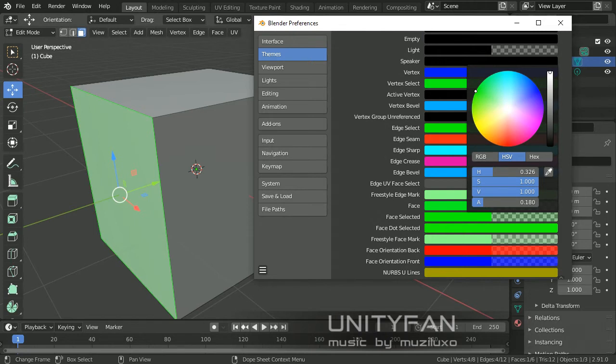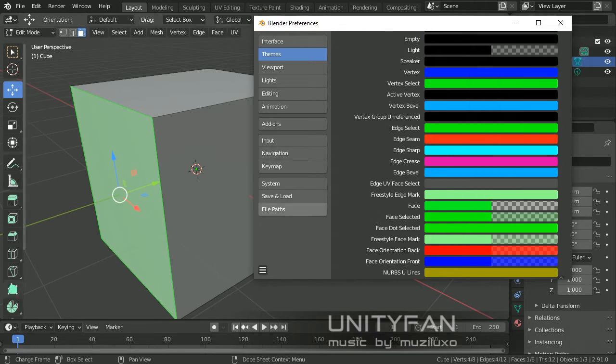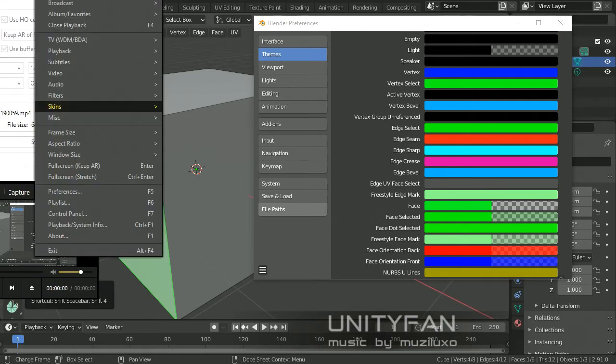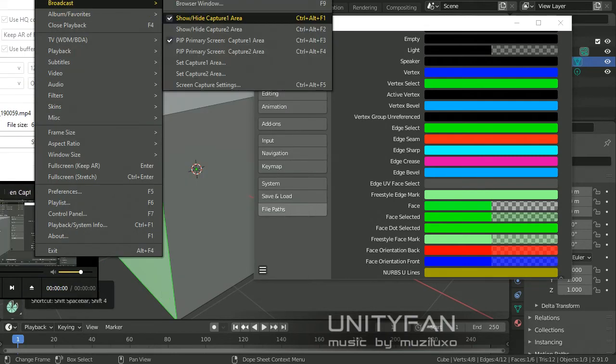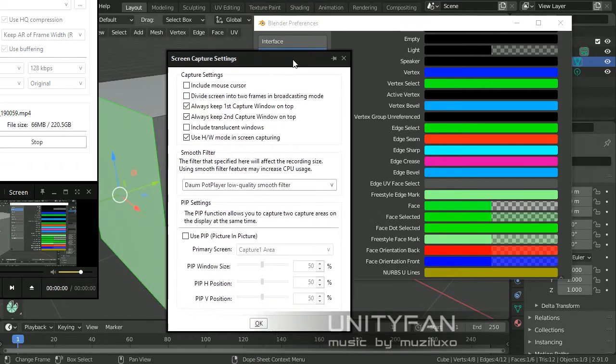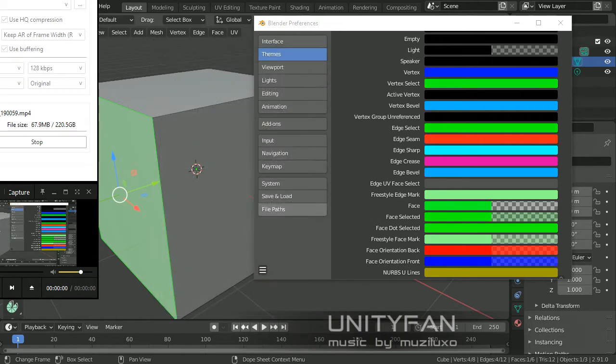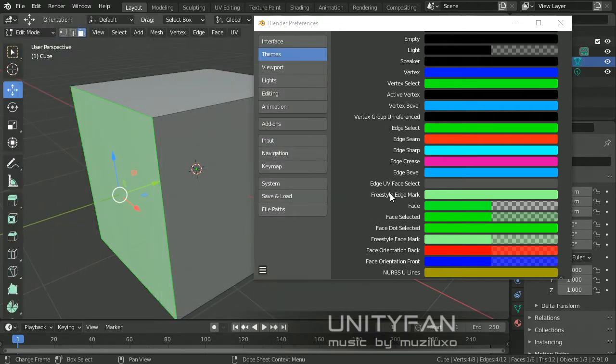I don't know if you can see my mouse movements. Double check it very quickly. Oh no, you didn't see my cursor movements. Now you should be able to see it. Okay, here